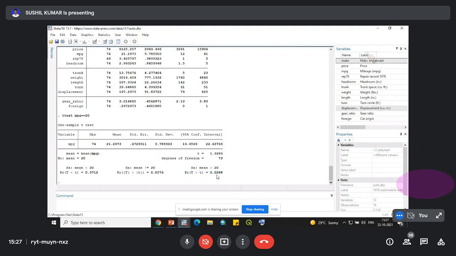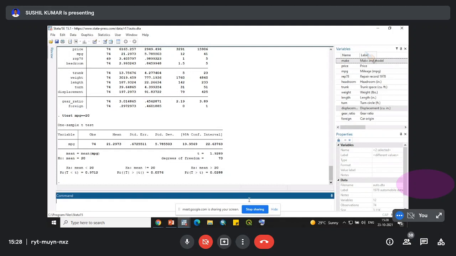This is our p-value. Since the p-value is less than 0.05, we can reject this null hypothesis and accept the alternate hypothesis that the mean mileage is greater than 20. It is not just by chance.